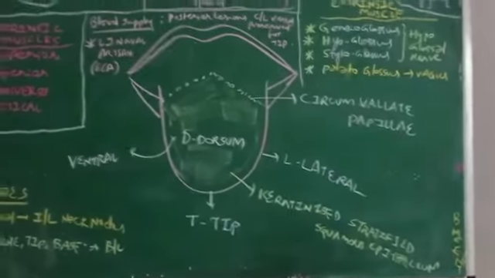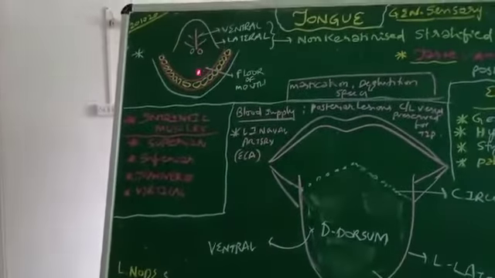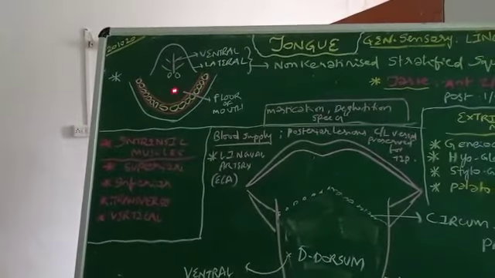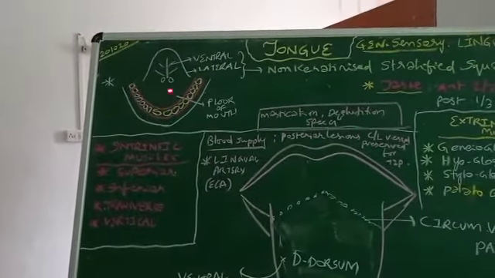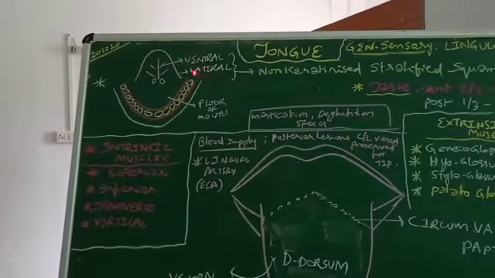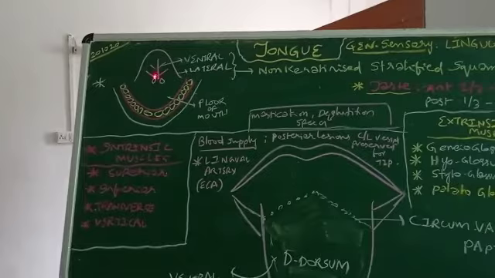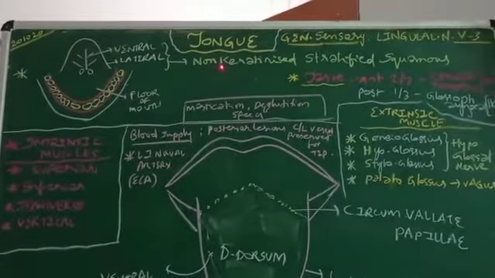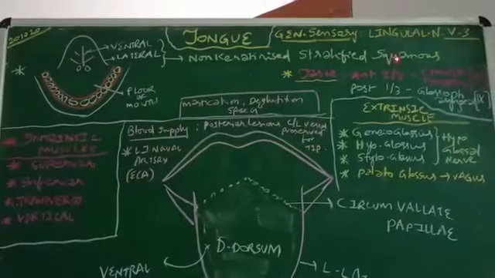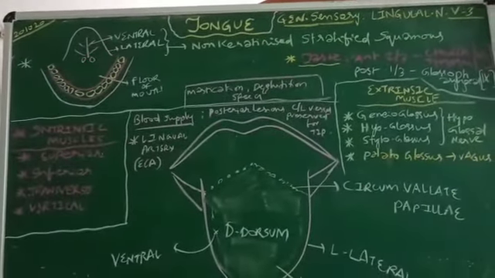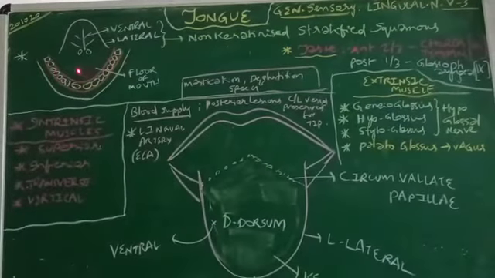Whereas the ventral and lateral parts are in opposition with the floor of the mouth. The floor of the mouth has less submucosa than other parts. The same thing continues with the ventral and lateral part of the tongue. So the submucosa is less and even the keratin content is also less. It is non-keratinized stratified squamous epithelium that is there on the ventral and lateral part. It is in opposition with the floor of the mouth, as we know.